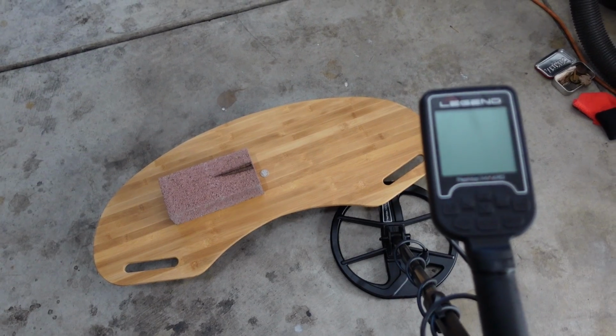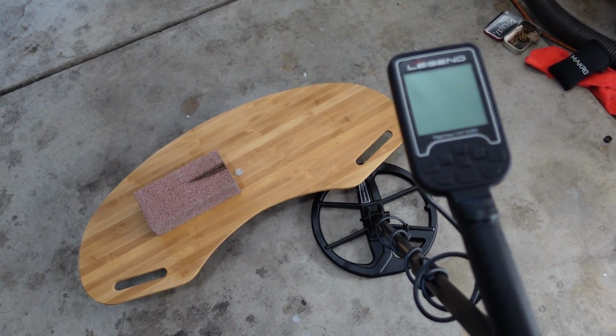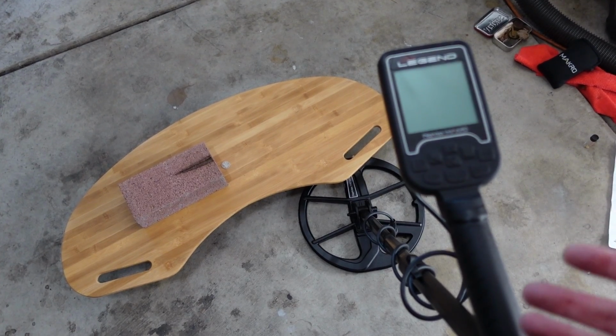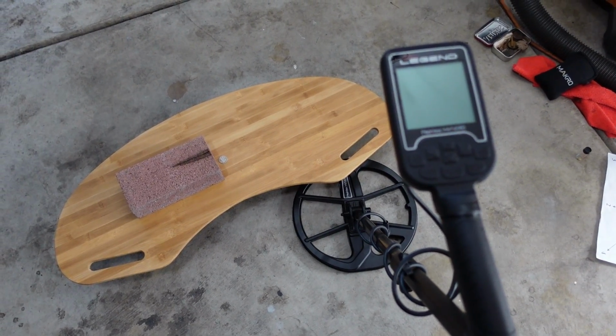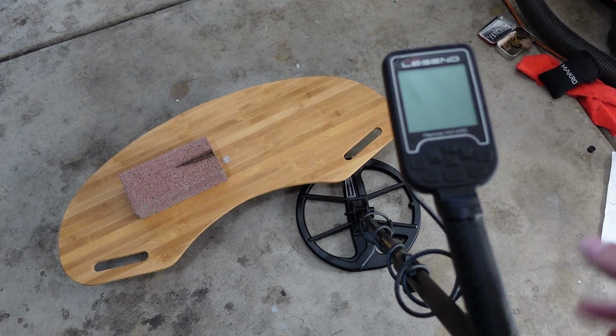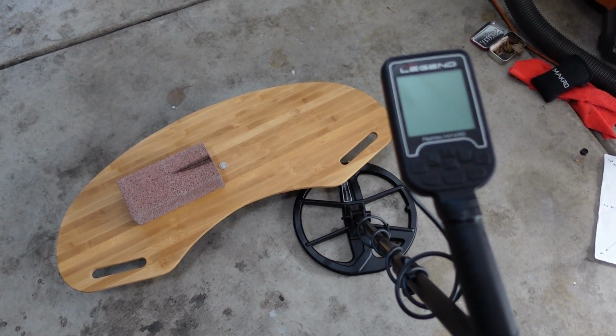Sure, why not? Is it the end-all, be-all machine? Absolutely not. It's $635 for the standard pack, $765 for the pro pack. I think once they figure out that iron bias, you know, I'm not going to poop on any other company, but